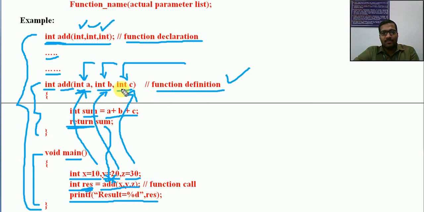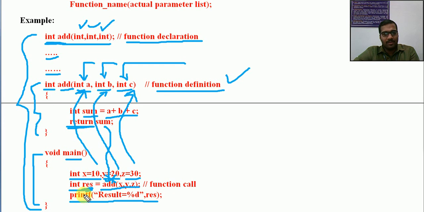In a function definition, whatever parameters we are using are called formal parameters. That is only formal, because we want to process 10, 20, 30. For storing this 10, 20, 30, I am using some formal variables a, b or c. It is also called a dummy parameter. It is only for temporary purpose, right?